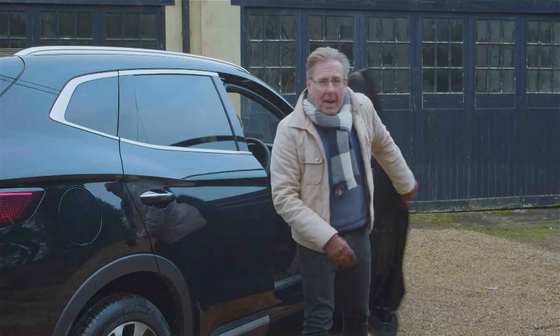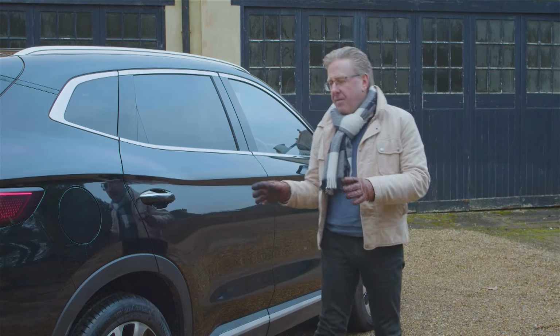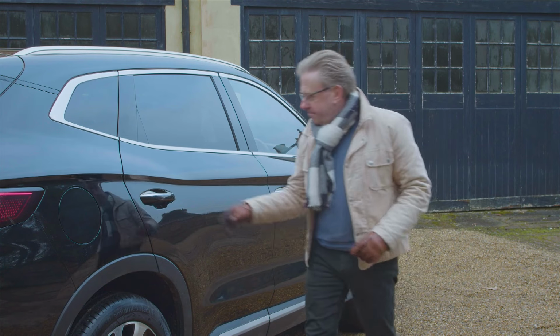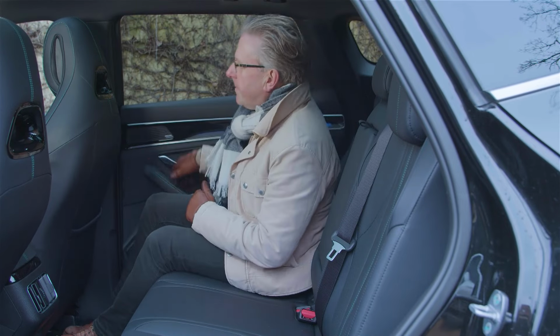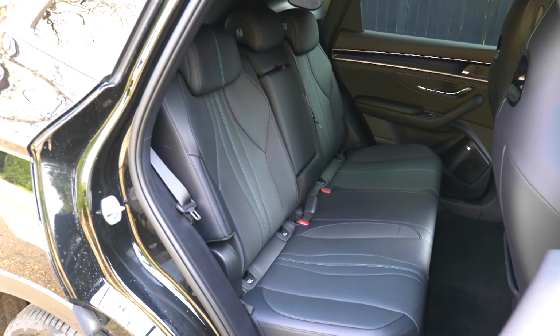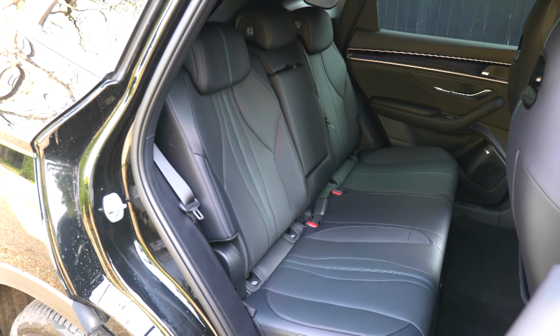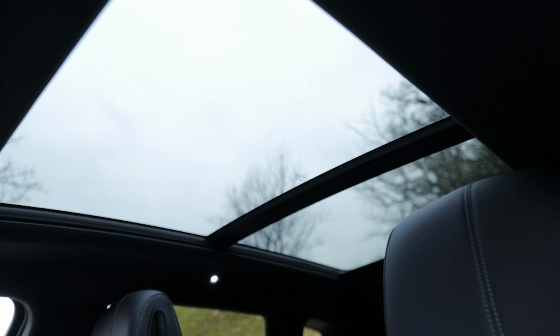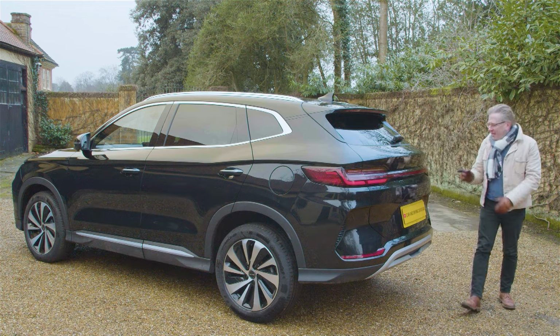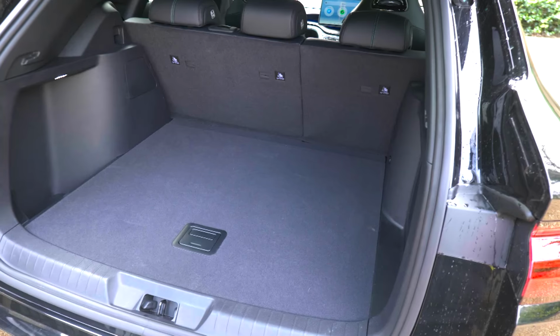Right, the long wheelbase should mean that there's plenty of rear cabin space, so let's check that out. Sure enough, legroom is generous with space for up to 3 adults thanks to the flat floor. The seat base doesn't slide, but the backrest reclines, and there's an airy feel thanks to this standard panoramic glass roof. At the rear, the standard powered tailgate rises to reveal a